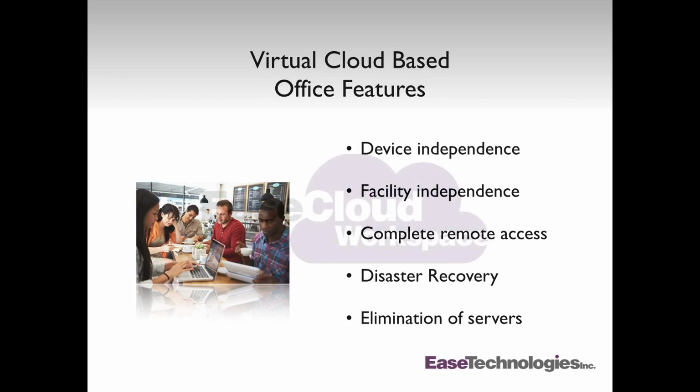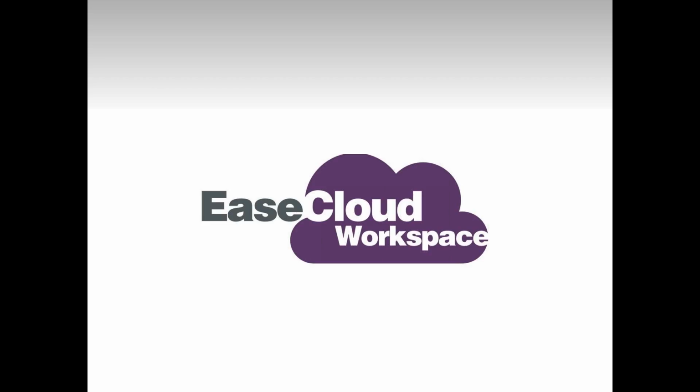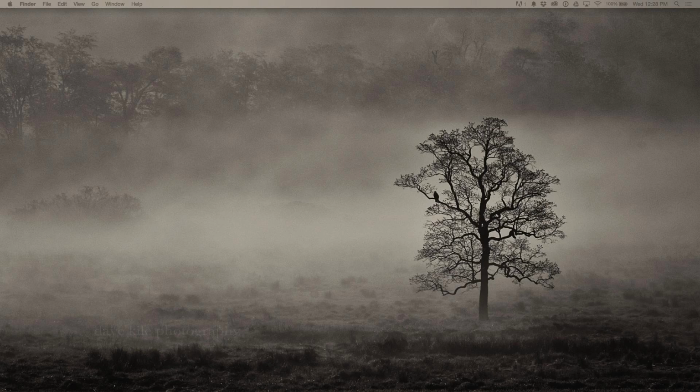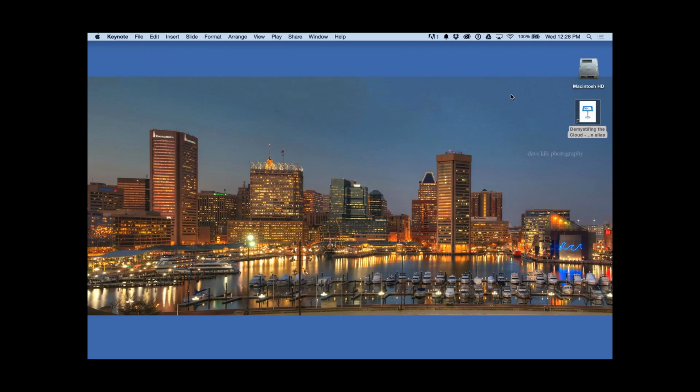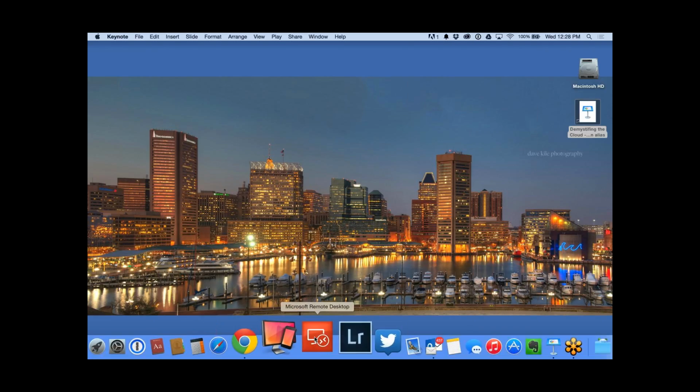So what I'm going to do is jump out of my slide presentation program here, and I'm going to switch my screens. And just so you know, as I make this demonstration, I'm working on a Macintosh computer right now. And I am going to switch screens. Everyone should see the Baltimore screen now as opposed to the tree screen. And Pat, as I'm starting to launch this, one of the first things I'm going to bring up is an application on my Macintosh called Microsoft Remote Desktop.